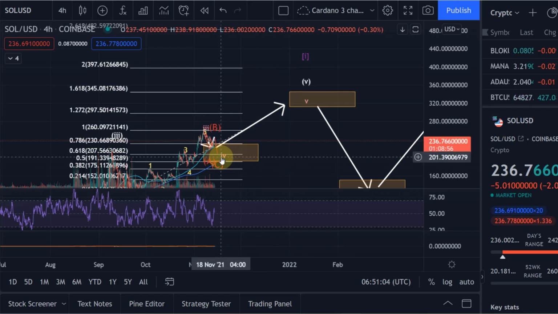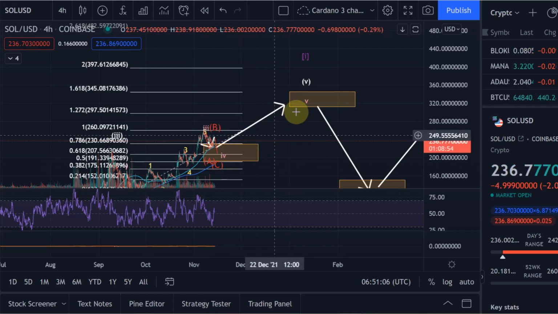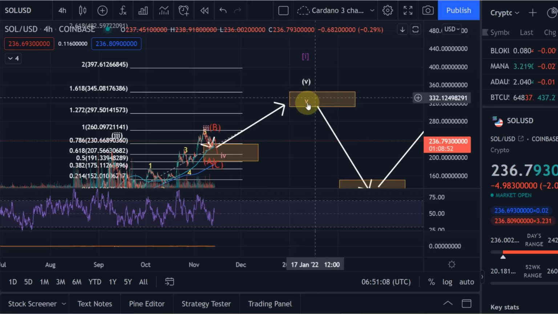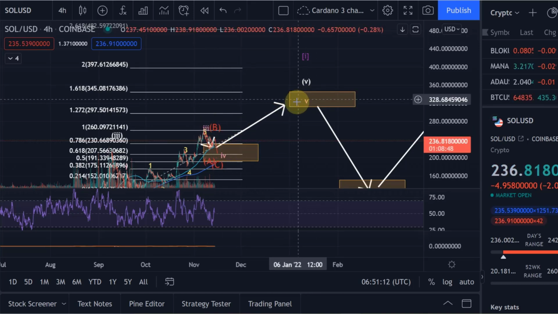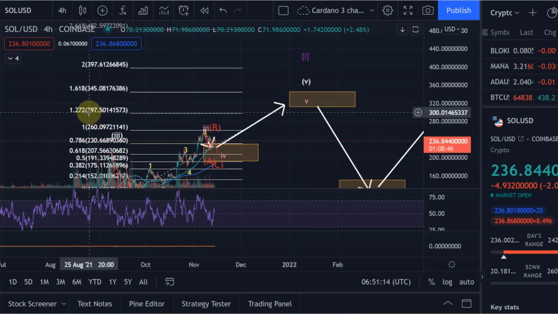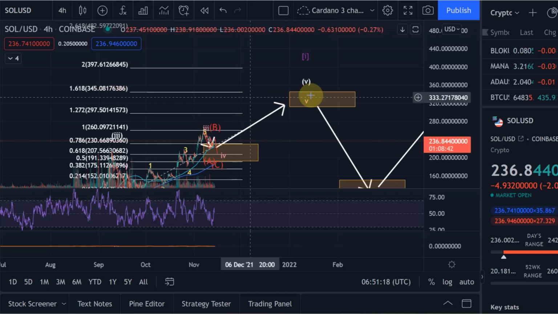So potentially another drop to 208 and then a move to 320 in that range, or directly a move to 320. This is my next target level, somewhere between that 1.272 extension level and the 1.618 on this